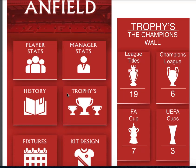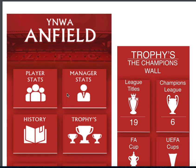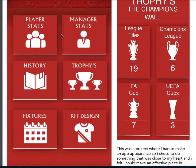I chose the colours of Liverpool, as obviously it fitted best with the type of design. And I stuck cohesively going through these pages with the Albertus font, which Liverpool use for their own pages and stuff like that, which I thought obviously fitted best with making a Liverpool app. So with the homepage, we've got different sections of different parts of the app, which I made